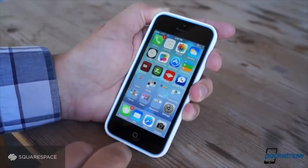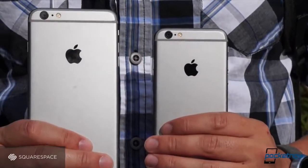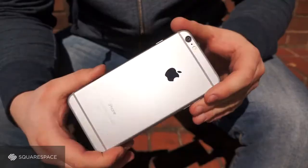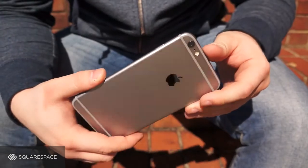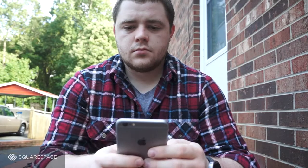After years of avoiding the oversized smartphone craze, Apple caved and announced not one, but two newer, bigger iPhones. How well does iOS scale? Is the biggest iPhone worth it? Let's find out. I'm Taylor Martin with Pocketnow, and this is our iPhone 6 Plus review,